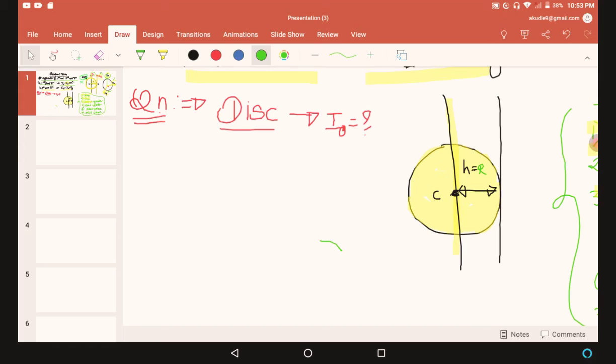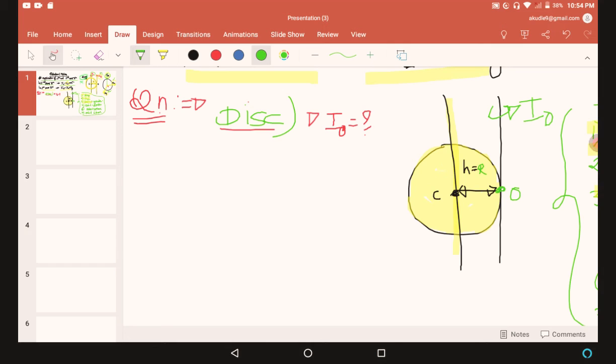First we look at the parallel axis theorem. What is the question here? The shape given here is a disk, and we want to find the moment of inertia at this point O, which is on the circumference, and the axis is perpendicular to this disk. The axis is now at O and we want to rotate the whole disk around this axis,